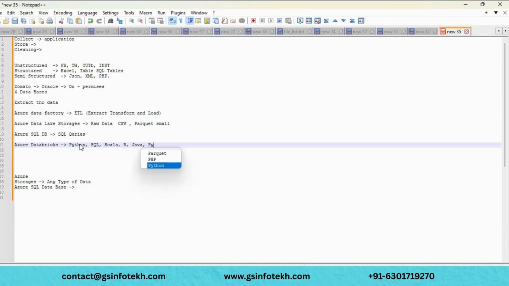And you can write in PySpark as well. Java you can include, but we can't write full-fledged code in it. It supports this many languages.